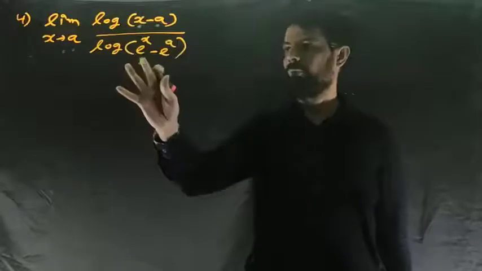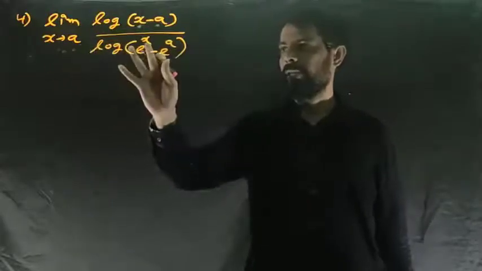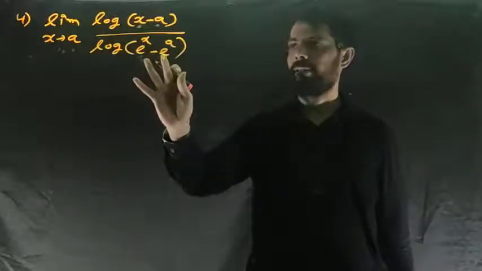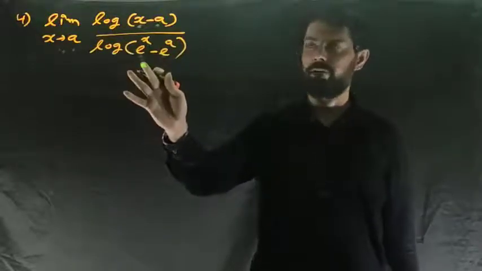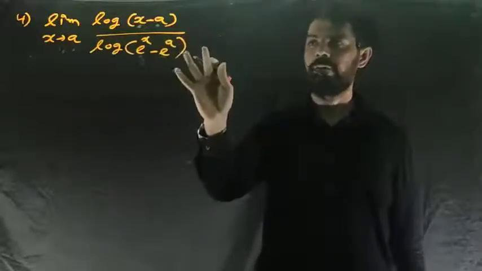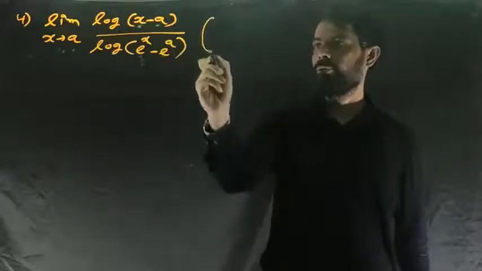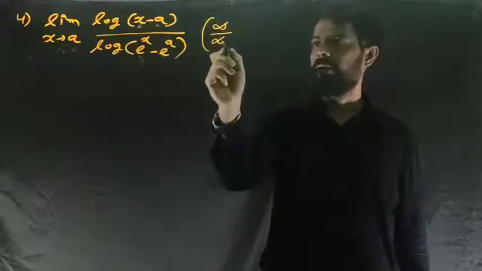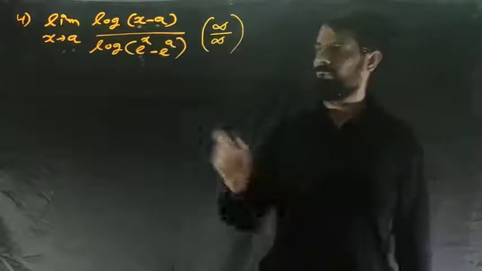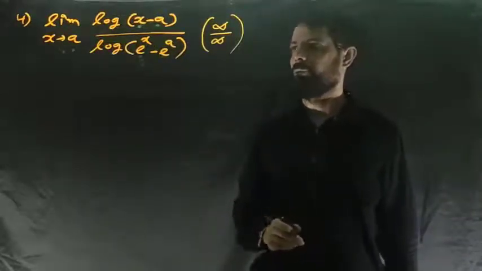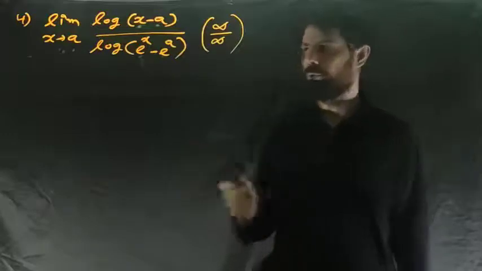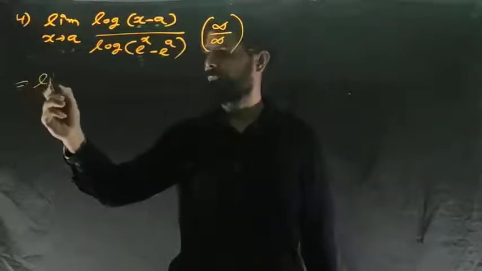Now again, replacing x by a, we get e raised to a minus e raised to a, so it will be 0, and the value of log 0 is minus infinity. So it is minus infinity divided by minus infinity, which can be written as infinity by infinity. So the given form is infinity by infinity. Okay, so we can use L'Hopital's Rule. So by L'Hopital's Rule,